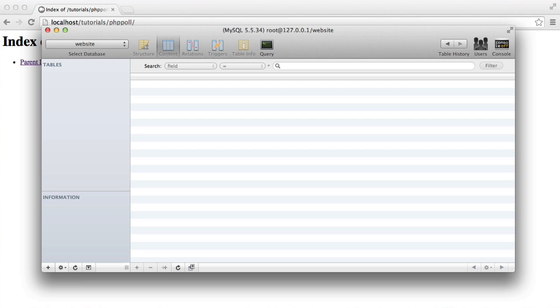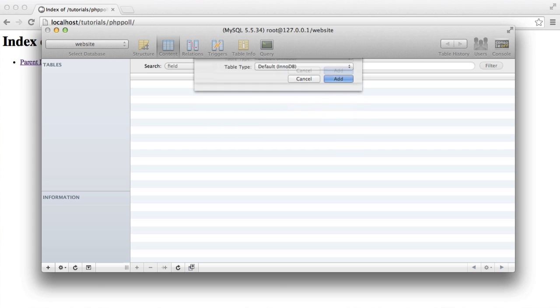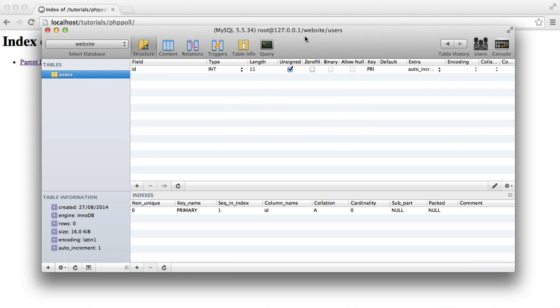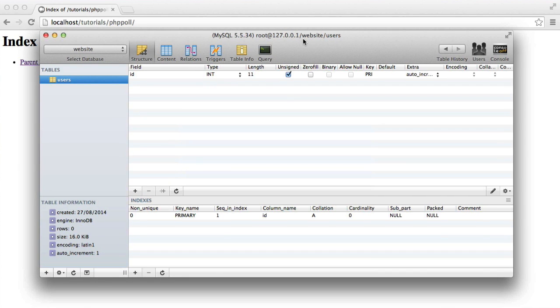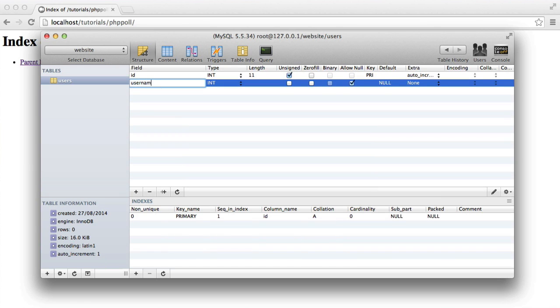So obviously the first thing to do is create a database table for users. So I'm going to go ahead and create a users table here. You can obviously use anything to manage your database. I'm using SQL Pro for OS X, but you can use something like PHP MyAdmin if you're used to that, or obviously do it on the command line if that's your preferred option. Either way, the structure here, we're going to have an ID and a username. This is fairly straightforward. And the username is going to be a varchar,